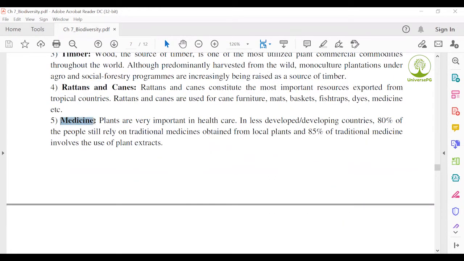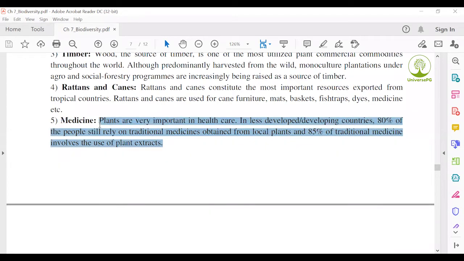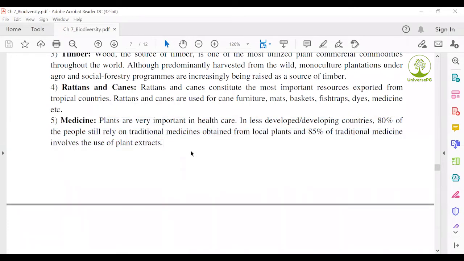Generally, we get different types of medicine from plants. This is generally called herbal medicine, or we also call it Unani medicine, and this type of plant is called a medicinal plant. Different types of herbal medicine we find in the market, from Hamdard Laboratories, and some renowned pharmaceutical companies also produce different types of medicine.